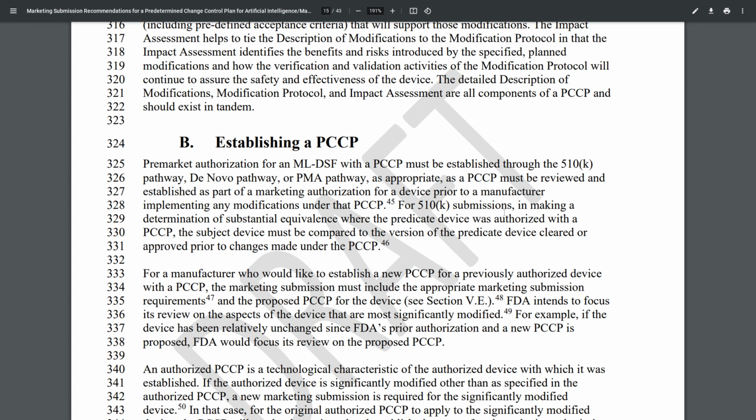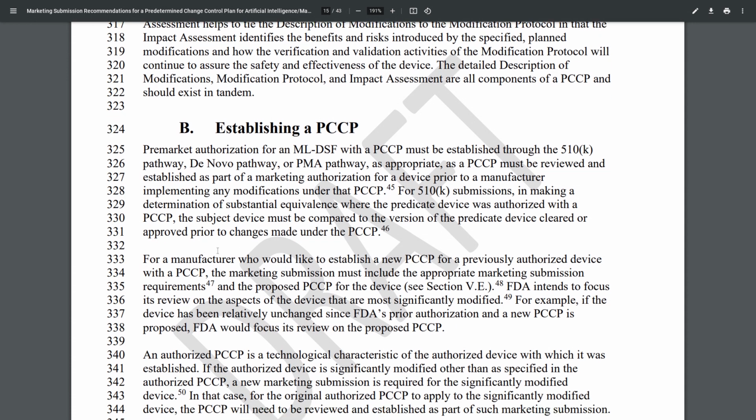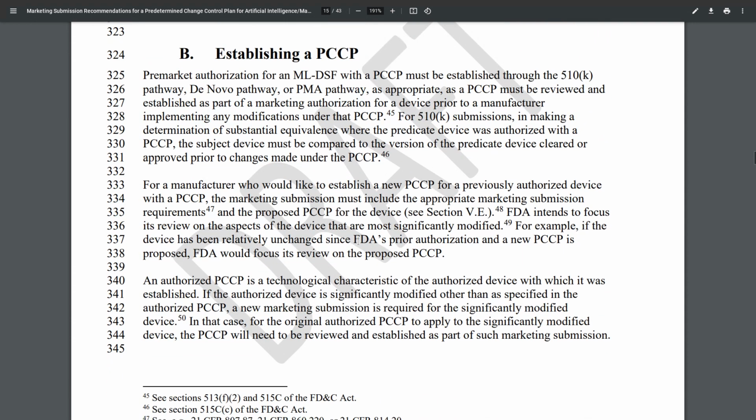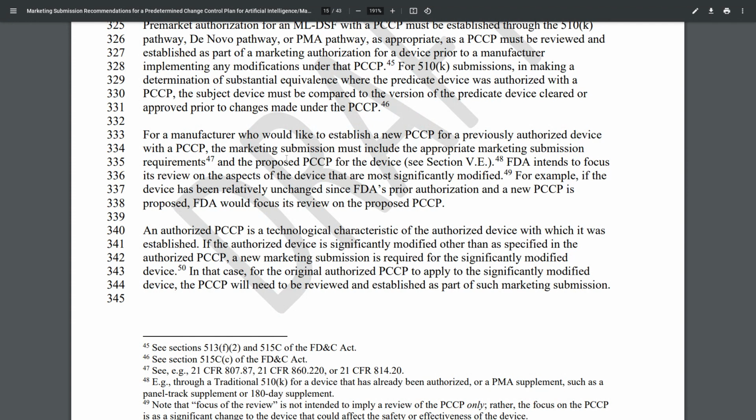For 510(k) submissions and making a determination of substantial equivalence where the predicate device was authorized with a PCCP, the subject device must be compared to the version of the predicate device cleared or approved prior to changes made under the PCCP. For a manufacturer who would like to establish a new PCCP for a previously authorized device with a PCCP, the marketing submission must include the appropriate marketing submission requirements and the proposed PCCP for the device.